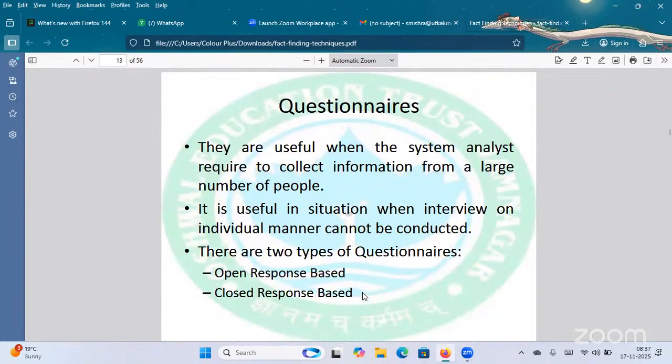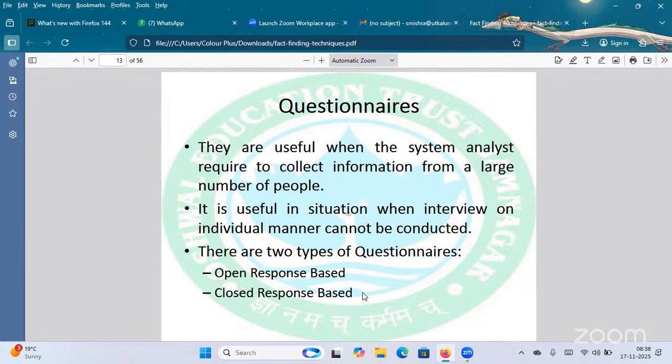As the name suggests, it is a set of questions, and those questions are predefined. They are useful when the system analyst is required to collect information from a large number of people, because it is not possible for the system analyst to interview the employees or stakeholders one by one. When there is a large number of employees and the analyst wants to collect a large volume of information from them regarding the new system, the change of the system, or development of the system,